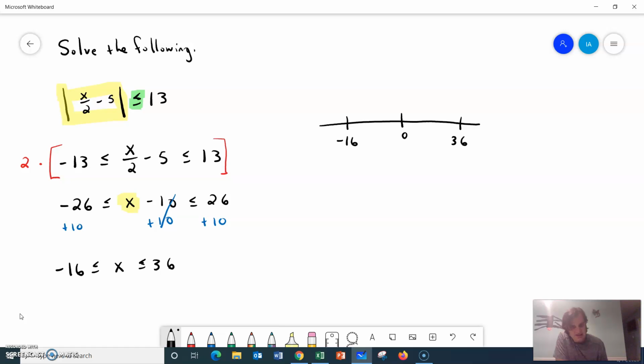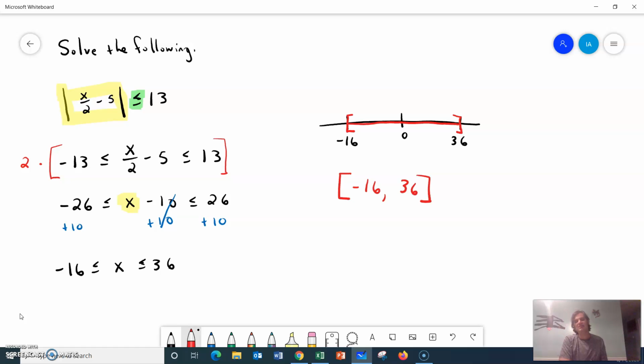So x is between negative 16 and 36, so we can put those in there. Less than or equal to, so that is a bracket. X is less than or equal to 36, so that's another bracket. So we have a bracket from negative 16 to 36 with everything in between. And then that goes over to interval notation with bracket negative 16 as a starting point and 36 bracket